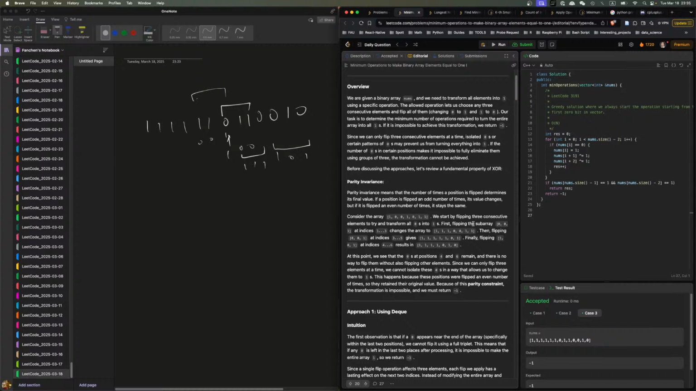We start by flipping 3 consecutive elements to try to transform all zeros into 1. First, flip the subarray 0, 0, 1, changing the array into this, then flipping 0, 0, 1. And finally,